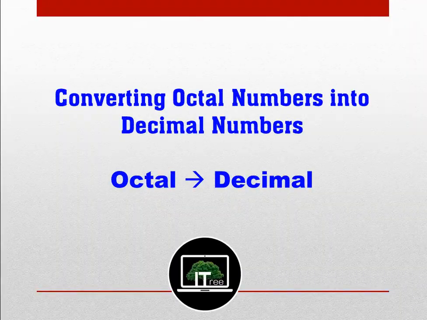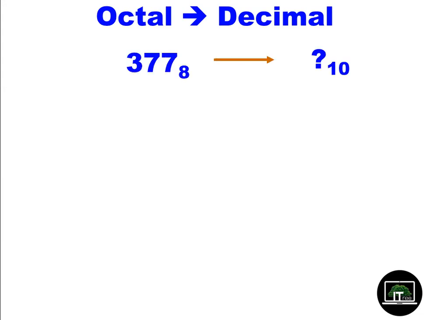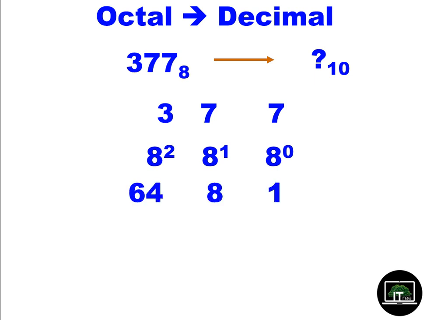Now we are going to convert from octal to decimal. The method is the same. You multiply by the base values, then you add together. We'll get a few examples and try to practice. Okay, now we are going to convert 377 from octal to decimal. Write these numbers with enough space. You have to have enough gaps. Spread the number. Then you give the positional values, 8 to the power 0, 8 to the power 1, 8 to the power 2. Then you see 1, 8, 64. Then you multiply these things together.